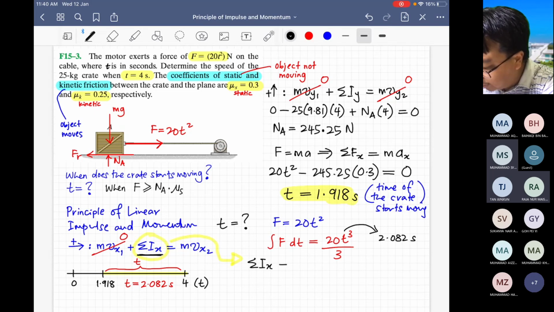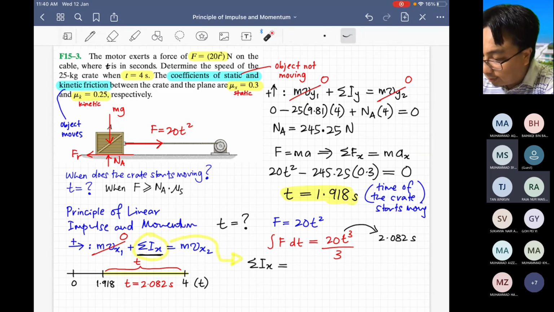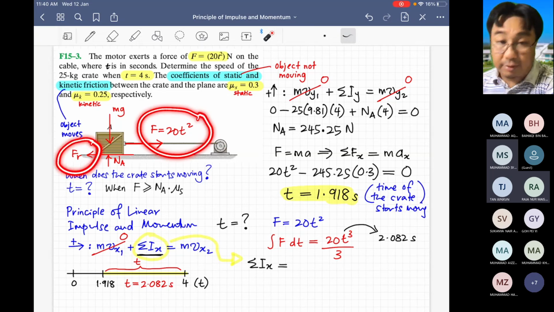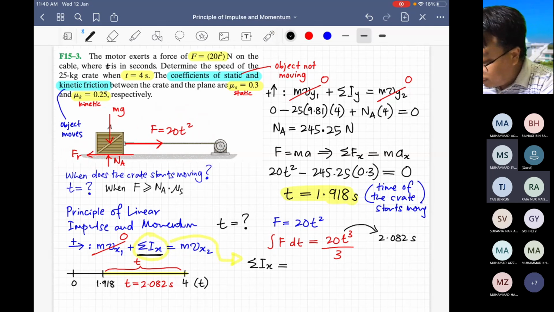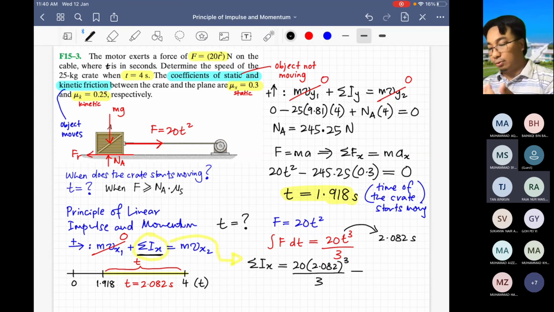We have two forces: this force and a friction force. The first is 20 times 2.082 to the power of 3 divided by 3, and minus the friction, because friction is negative, it points to the left. So what is the friction? Friction is 245.25 times